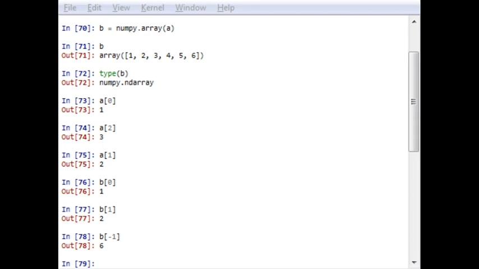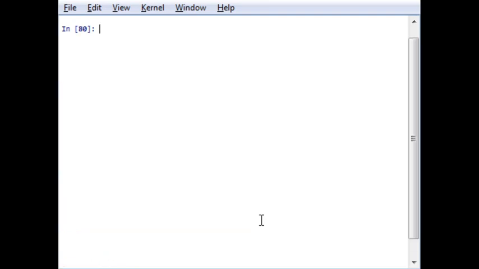So a multi-dimensional array also follows the same pattern of index. For a two-dimensional array, the first number indicates row, the second number indicates column. That has to be clear. So let me create a two-dimensional array, say array A1. First of all, let me clear this window. I will create array A1 with 1 2 3 and 3 2 1. Yes, so this is two-dimensional.